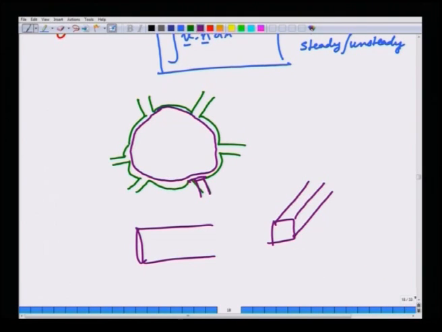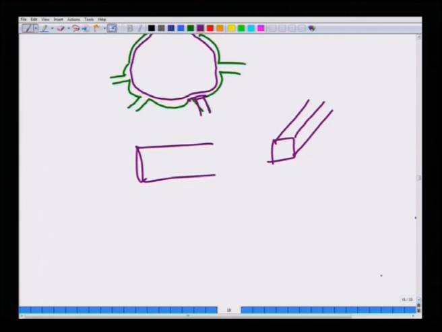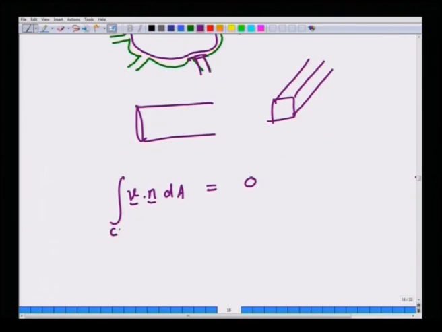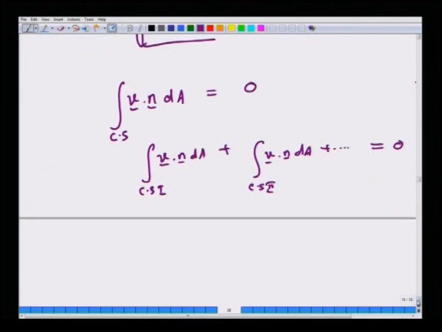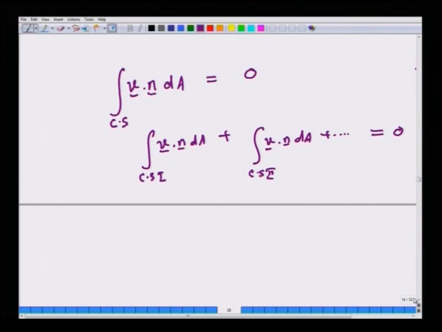In general, if you want to say the integral of V dot n dA is 0, this is over the entire control surface, so you have to split this integral into various surfaces. So, the integral over CS1 of V dot n dA plus the others, because there are only a few inlets and outlets over which fluid is flowing. So, we have to apply this to various inlets and outlets. At each inlet and outlet, suppose I take a given inlet, okay, suppose this is my control surface.